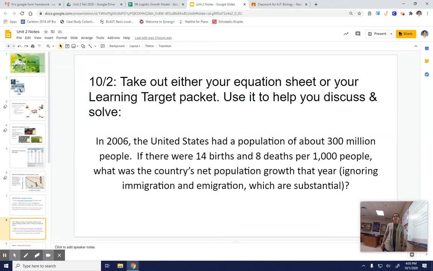Happy Friday, everybody. Today we are going to continue talking about population growth. And today we're actually going to get into some of the equations and some mathematical modeling of how populations change